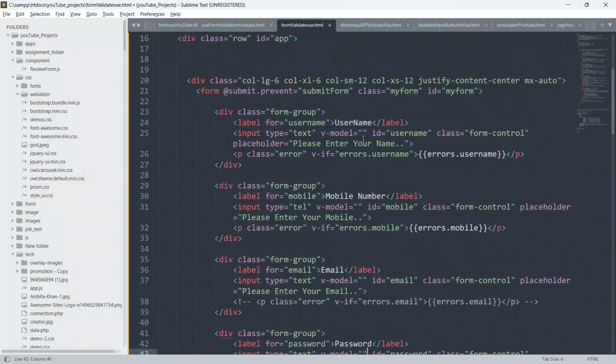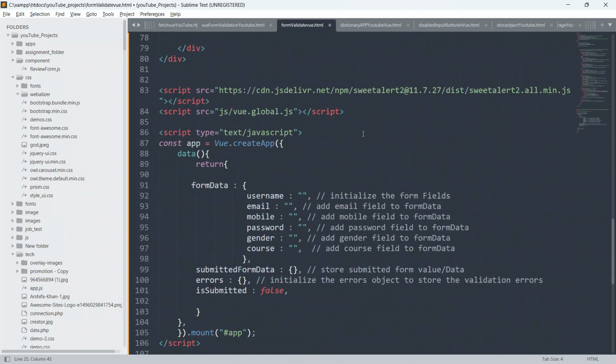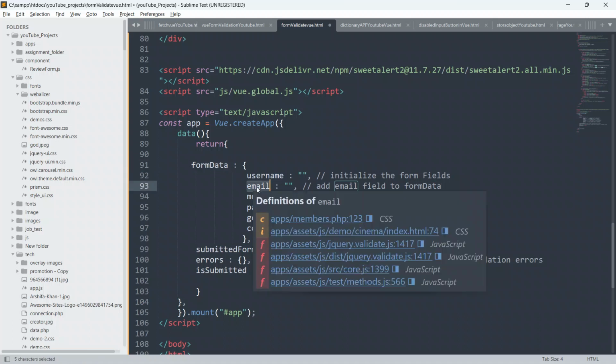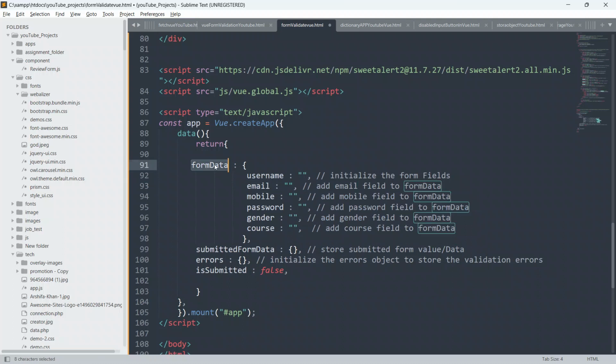Now we have to define our v-model data also. I am going to copy this formData from here. So formData.username, formData.email for the email input field, formData.mobile for the mobile input, and formData.password for the password input.